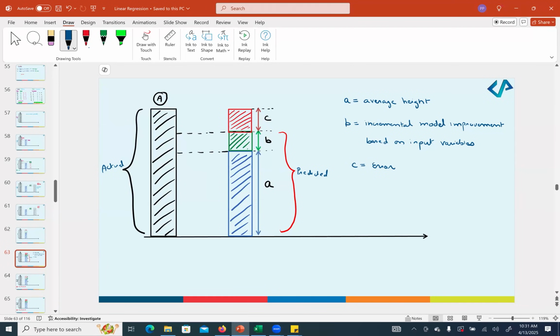So A is the prediction in the absence of any variable. B is the incremental prediction or improvement that we are able to make based on the input variable. And C is still the error that we have, something that we are not able to predict even after that. We need additional variables to capture this information. Okay. Now,